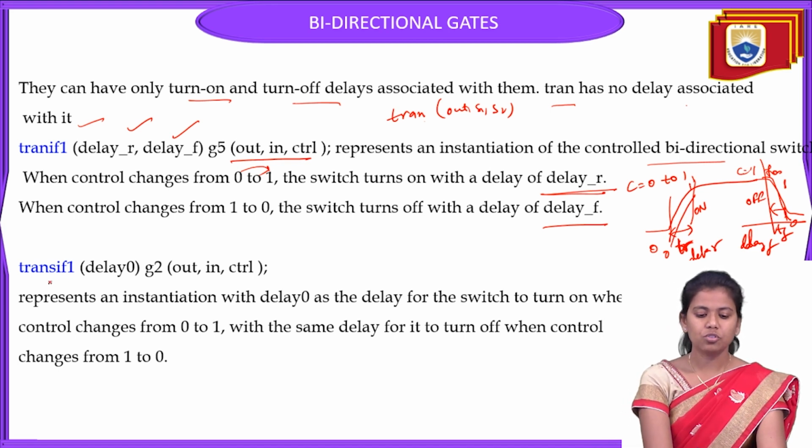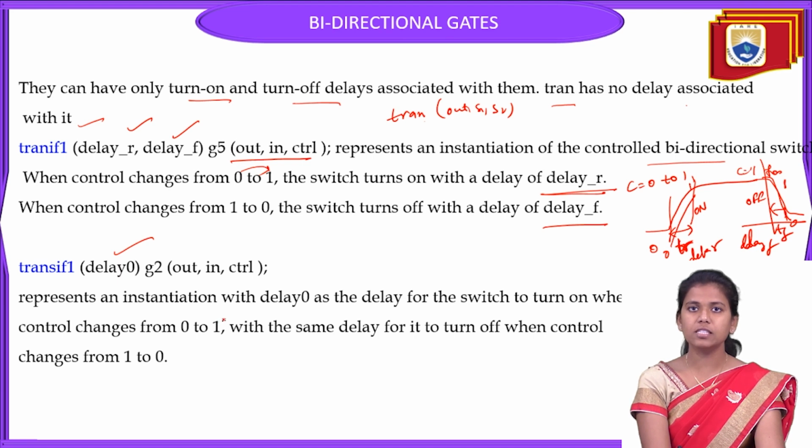So, next is tran if1. Here we see the delay 0. So it represents the instantiation with delay 0. Here we see some delays with respect to the rise and fall, and in this particular example, we are presenting it with delay 0. Okay, so the delay 0, it switches